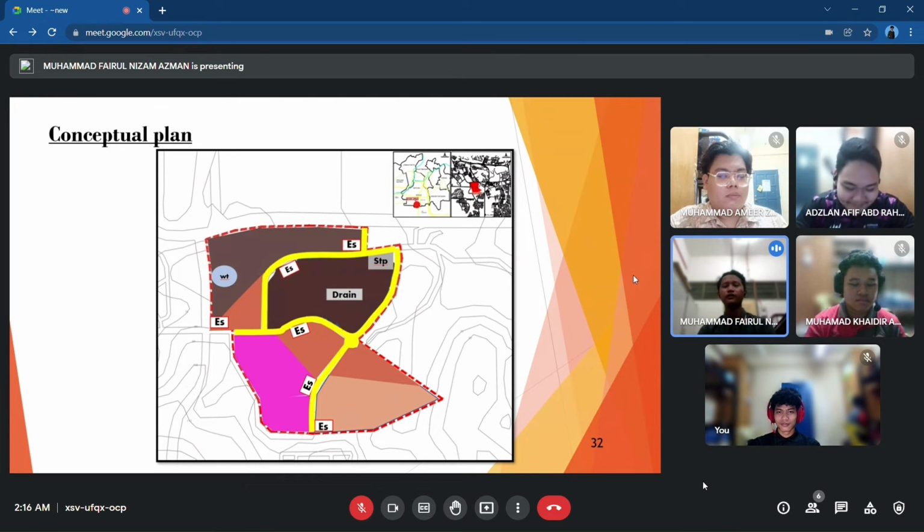For the placement of the electric substation, this area overall is very suitable for us to place the electric substation. This is because this area is a flat area and there is no contour line. Even if this area has a contour line, it's not so high that we cannot build the electric substation there. So let's move to the next slide.